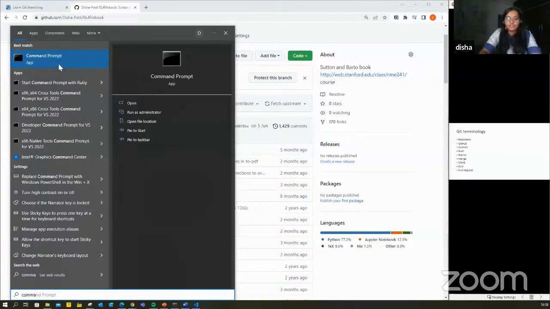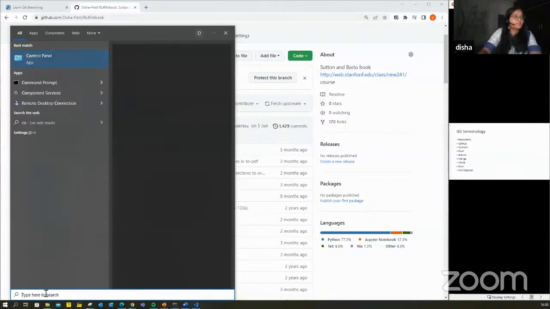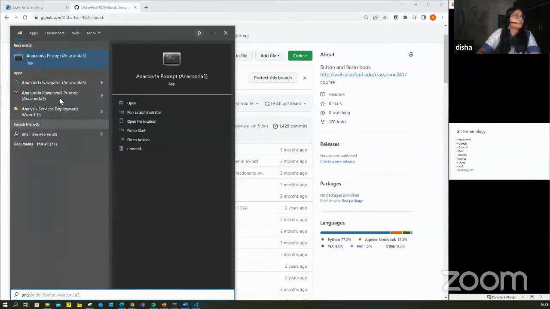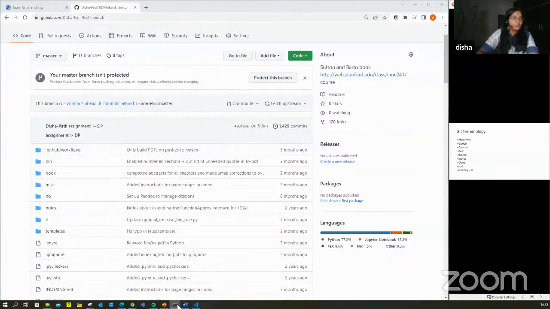Okay, why is it calling me admin? One second. Damn it. Okay, cancel. I'm not opening command prompt. It is giving me some problem right now. So I'll open my usual Anaconda prompt. It is the same as command prompt. Oh God, why is it giving me a problem? I have an open screen. Do I? Yes, I have an open screen.